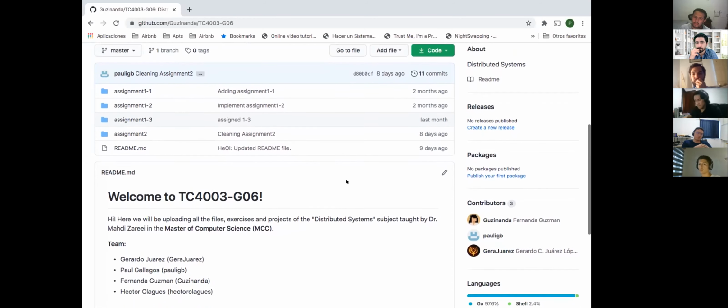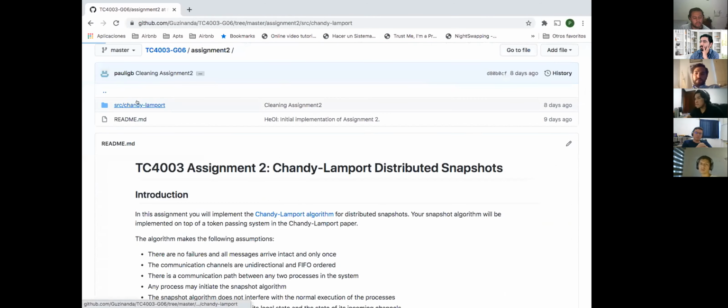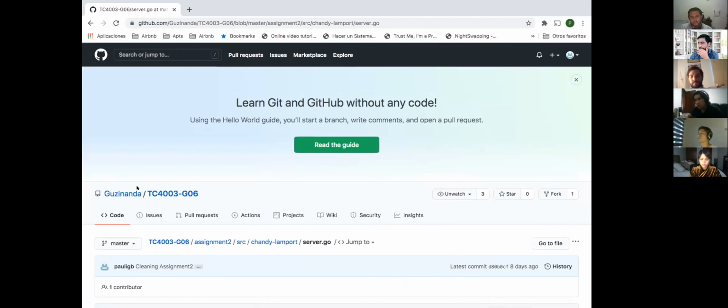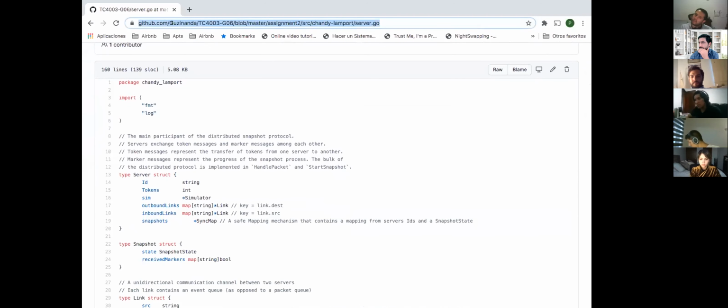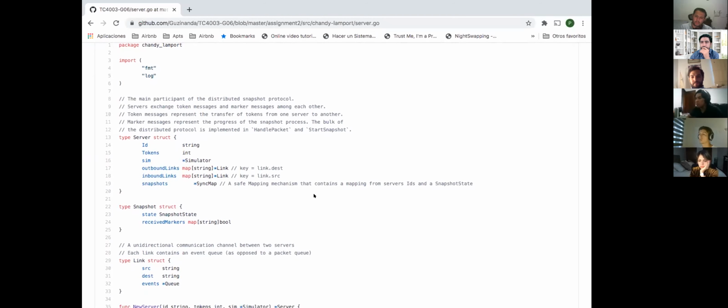Okay, can you go to the files, please, Paul? To the ones that we should have modified. Server, simulator. Well, this is the first one. At the very beginning, we were required to update the struct for the server in order to connect the things that were missing. One important thing, the one highlighted by Paul, is this snapshots